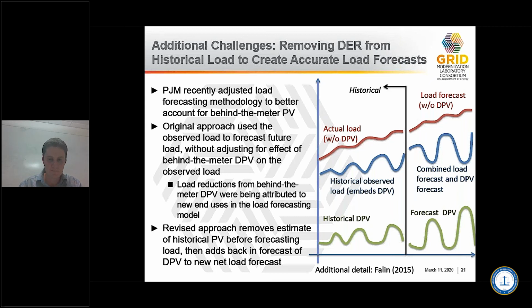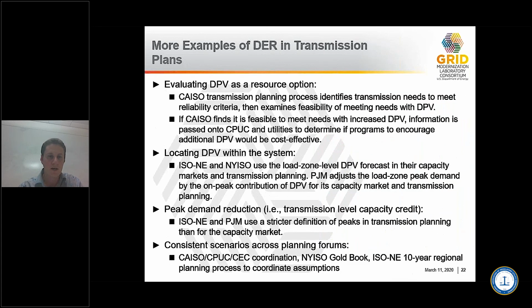Okay, next slide. So here we provide other examples of interactions of distributed energy resources in transmission planning. I'm not going to go into each of them in great depth. You can refer to each of these studies at your own leisure. But some of the high-level things are that we may consider distributed solar not just in the distribution resource plan, but also as an overall resource option, for example, in integrated resource planning. So CAISO currently